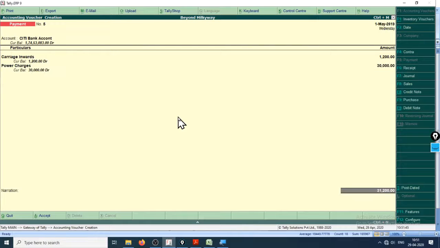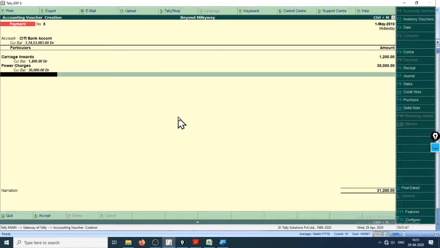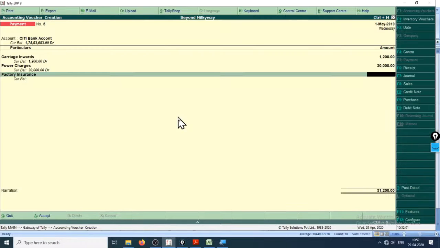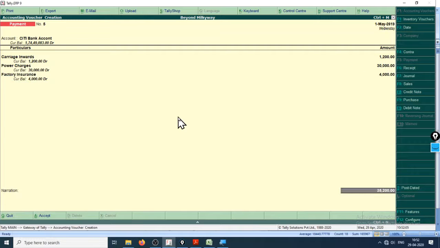One more entry right here, that is factory insurance. Now insurance is also necessary for any product, and that is a government law. Control A, 4,000. Enter, keep entering.